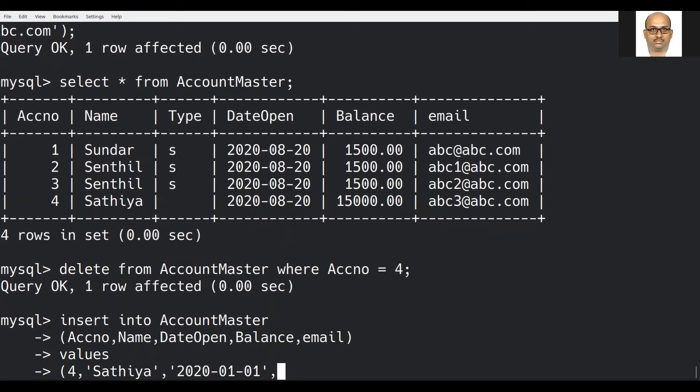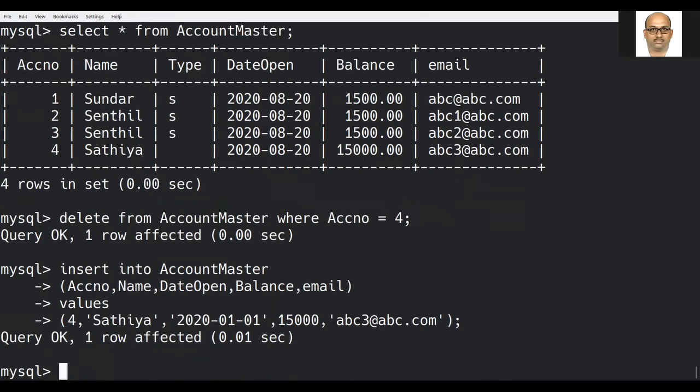So the next one is balance, 15,000 I gave. Email is ABC3. So this should be in quotes. ABC3 at abc.com. Here they are saying that one row is affected.